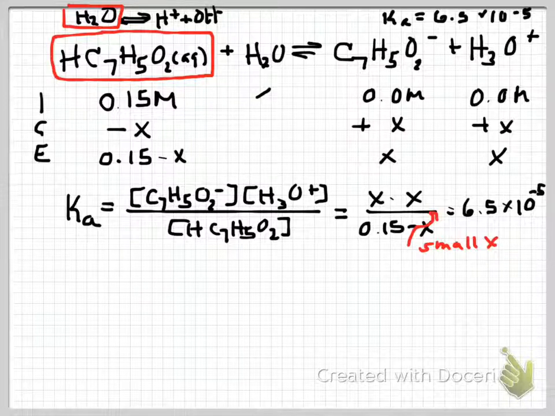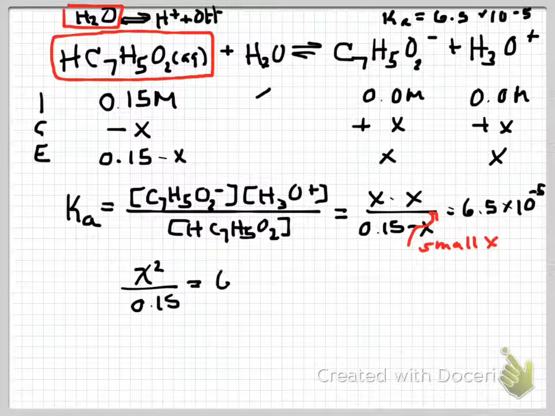Initially we can think it is valid because Ka is still relatively small, 10 to the minus 5th, so we're hoping this is going to work out to our advantage. So we solve the equation x squared over 0.15 equals 6.5 times 10 to the minus 5th, and we get